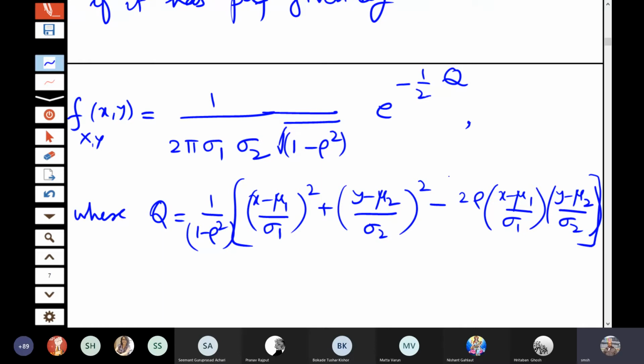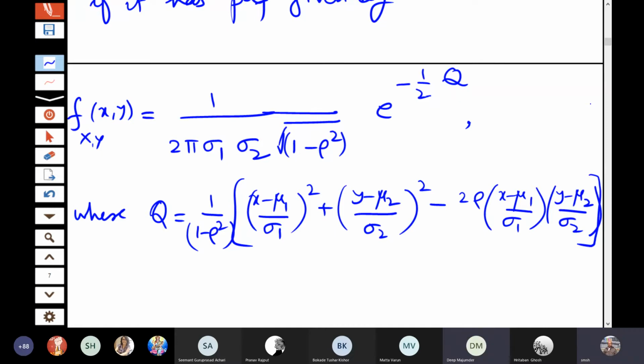So you can easily see that these terms are there. But then there is something else also coming, which involves a parameter rho. We will show that it is nothing but the correlation coefficient between x and y. Of course, before that we have to obtain the joint distribution. You have to obtain the marginal distributions, the conditional distributions, and calculate various terms. So first of all, is the form of the distribution clear to you? Can you follow this? Yes, sir.